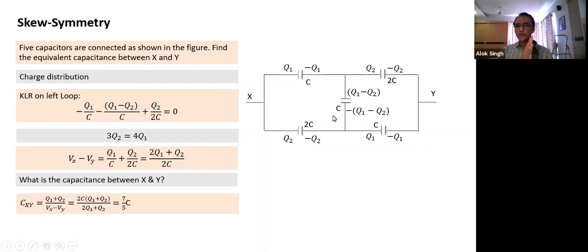If there are 5 capacitors, I can give charge Q1, Q2, Q3, Q4, Q5. After giving charge, how do we simplify? We simplify using two principles. Which are the two principles we use to form equations? Can someone think of which are the two principles you use to form equations?